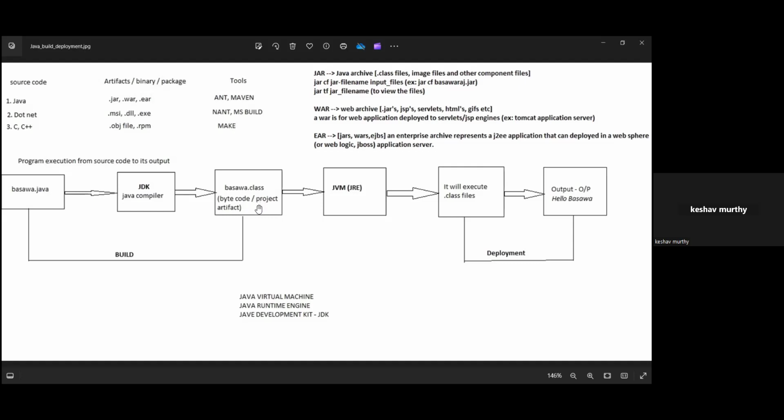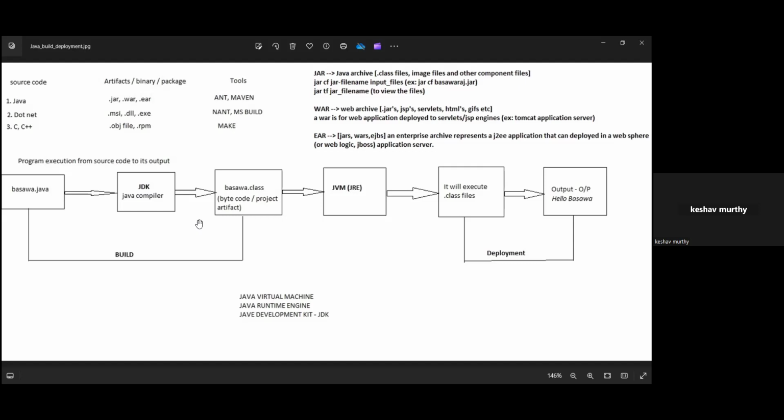If it is one file, you can ship it. But imagine you have 100 class files, or 1,000 class files, or lakhs of class files after converting Java. If you have 100 .java files, 100 class files will be created. We cannot ship these class files to our customer one by one.